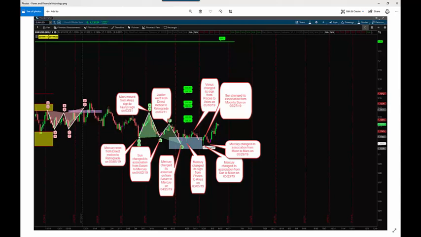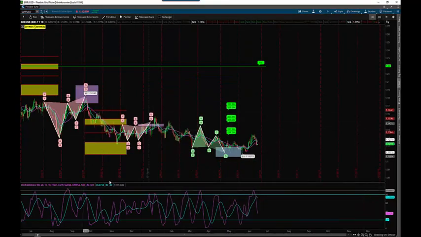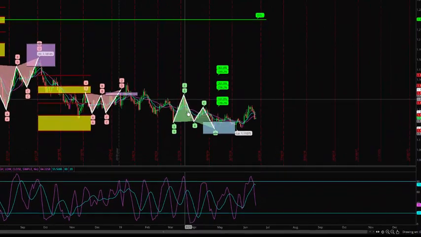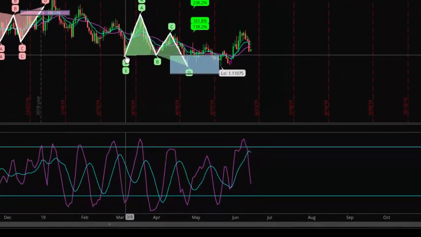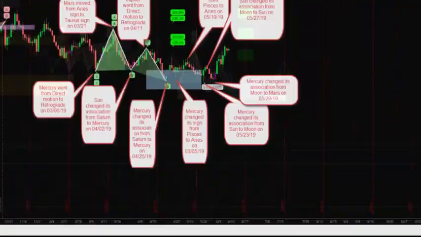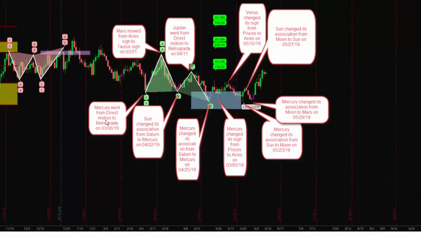You can see that this swing low here was formed, and on this chart right here, they're pretty much the same chart, Euro USD. This swing here, you can see the date, March 8th, right down here. That was formed because Mercury went from direct motion to retrograde on March 6th. That formed this low. And from there, if we work our way up, we have a swing